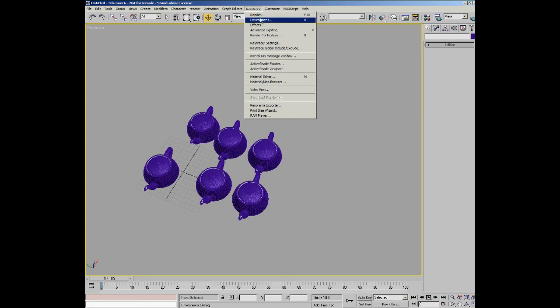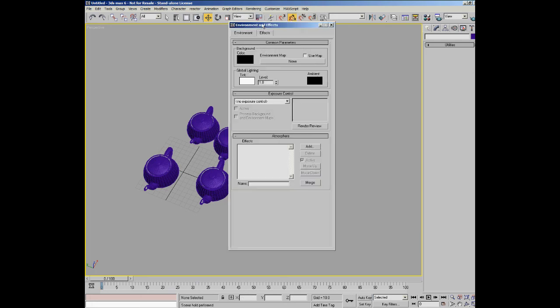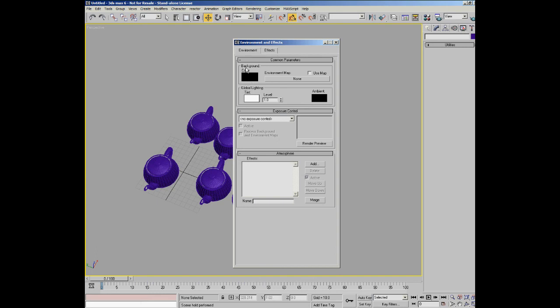Below render you have environment. This dialog is used to use an environment map, for instance, or to change the background color of a render. You can change the lighting tint of the entire scene, or the ambient color. Here you've got exposure control, so you can actually do a render and then control the intensity of the